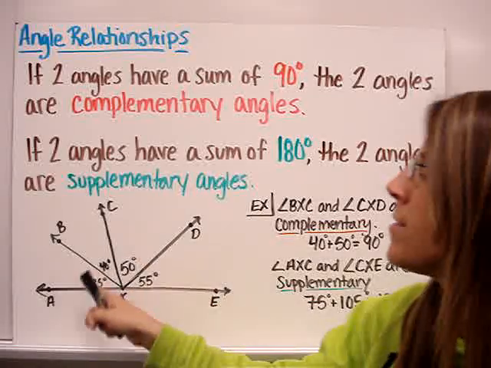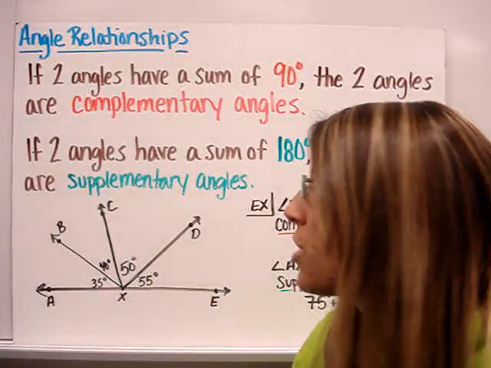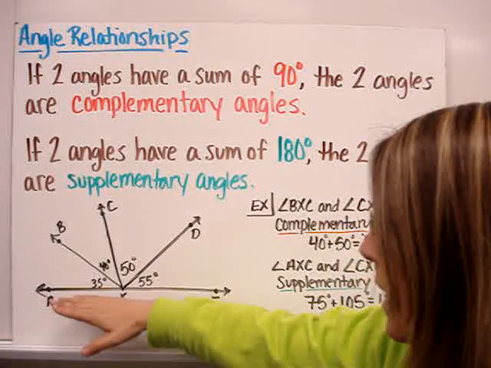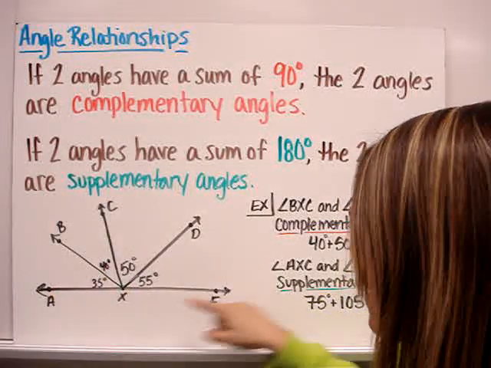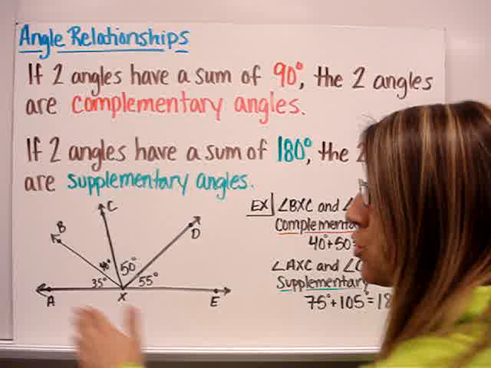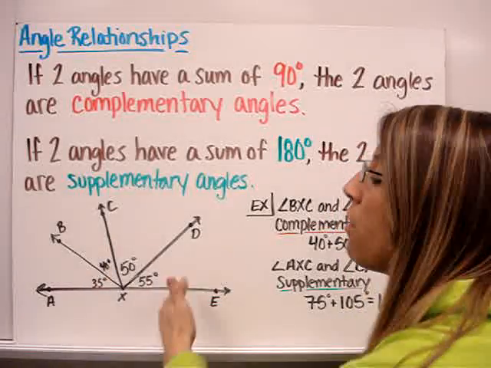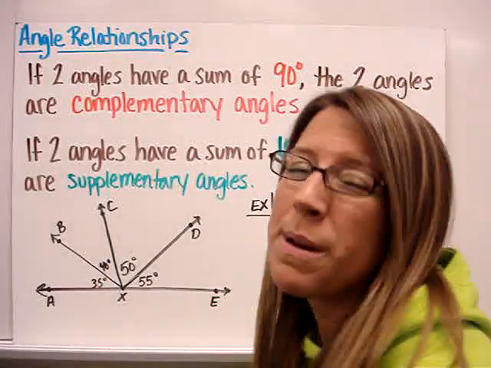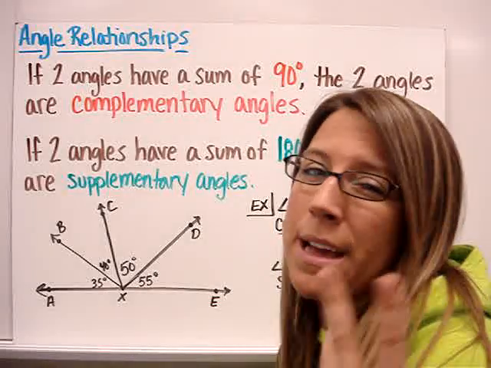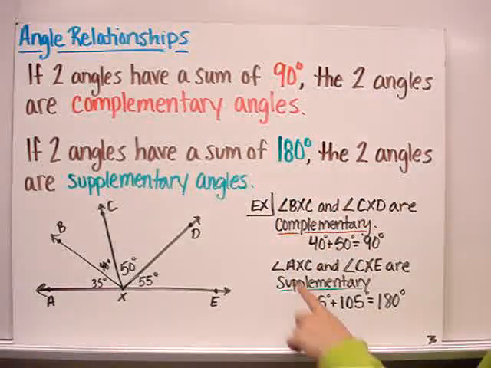So here is kind of a combination of a bunch of angles. And I can tell you that all together, because this here, AXE, is a straight angle, the sum of all of these is 180 degrees. But I'm looking for two angles maybe that make up 180 degrees. And that would be angle